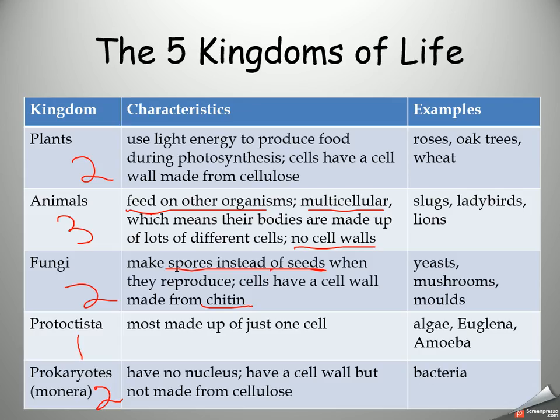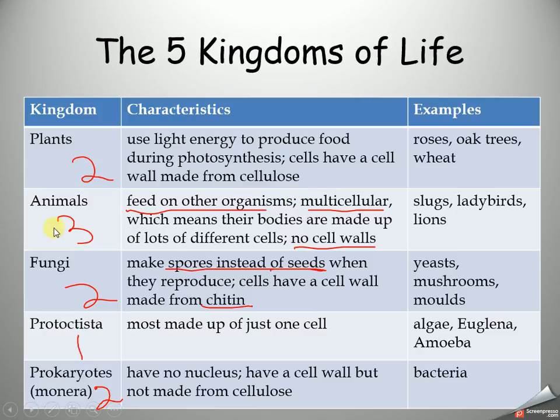Okay, right. 5 kingdoms of life. I've been through this before, guys. These are the 5 kingdoms: plants, animals, fungi, protoctista, and prokaryotes. And these numbers tell you how many things you have to remember for each one. So for plants, there's 2: uses light for photosynthesis, and number 2 is have a cell wall